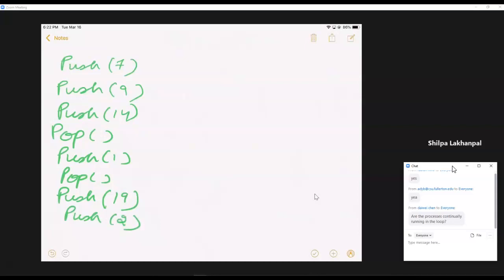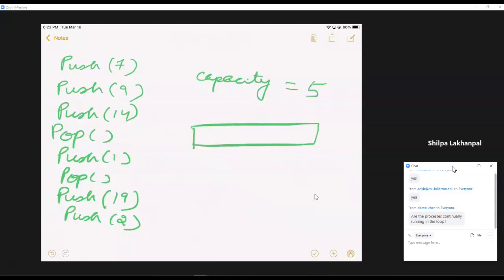For these series of commands, if it's given that the capacity is 5, let's see what we will get for our final queue. So from the very beginning, R and F will begin at 0, and an empty queue, we begin here.